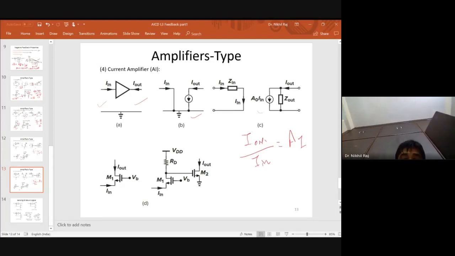So in the circuit form, how will it look? A transistor is taken, input is given as a current, and output is taken as a current. So it is the ratio of I out by I in. So it is nothing but a current amplifier. Again it is a modified version, but again we only have to concentrate on what the input variable is and what the output variable is, and accordingly we can say which type of amplifier it is. Here there is no need to identify which type of configuration, we can say directly.